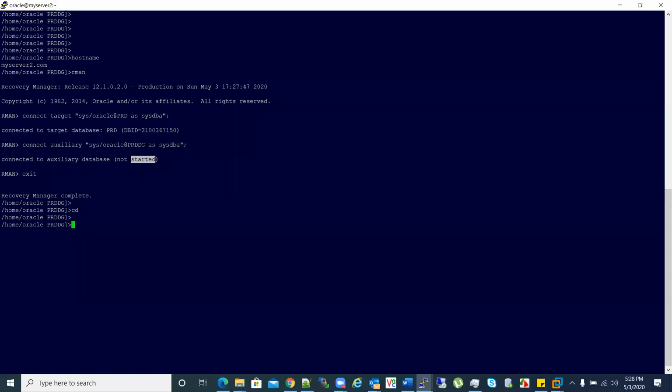To start the DB in nomount stage, I'll have to start it with a PFILE or SPFILE. I already copied the PFILE from primary and pasted it in this location.